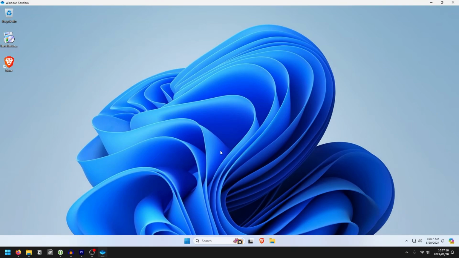Now, I'm using a virtual machine because I already have Python installed on my host machine. However, for you, you will be doing this on your main machine. The only thing that's installed on this virtual machine is the Brave browser. Now what I'm going to do is go to